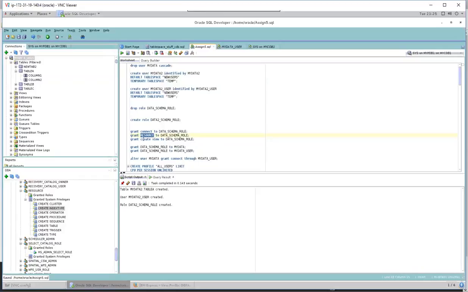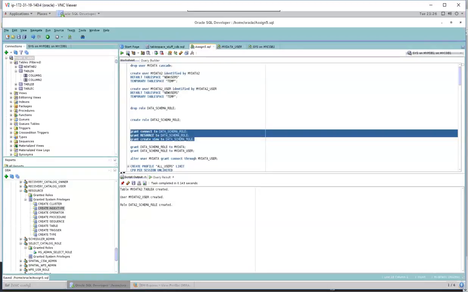And then lastly, I'm going to do this create view permission and grant that to this role, because that's kind of the last thing on the list I would typically want a developer to be able to do inside of the database. So I'm going to go ahead and just execute all three of these by highlighting all of them and hitting this script button, and you can see that it's granted the connect resource and create view to this